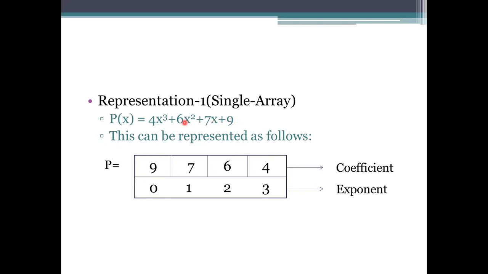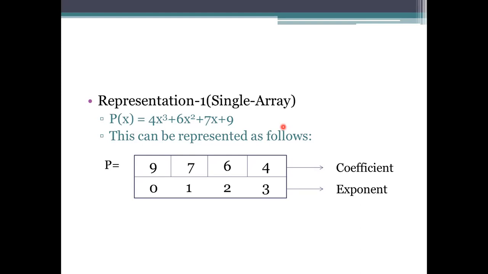We will plot the values. We will plot the terms of the polynomials from highest degree to the lowest degree. And in the reverse notation, we will use this array, single or multiple array or any. So we will use a notation which is reverse to that one. Means apart from specifying the highest one, just specify the exponent which is the lowest one as the first one, and then the next lowest, means next highest, and then the next highest, like that you need to plot from left to right. So this will be equivalent to the representation of the array.